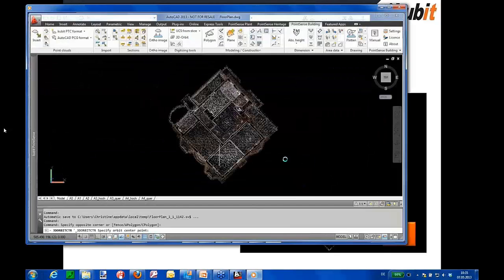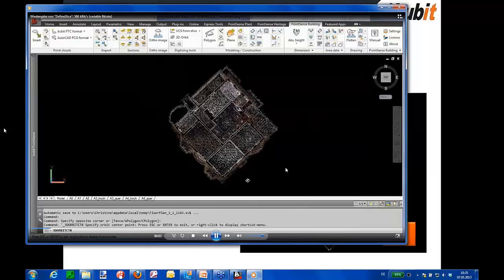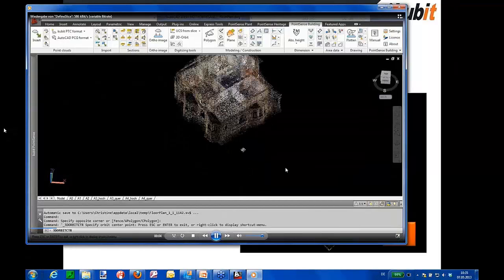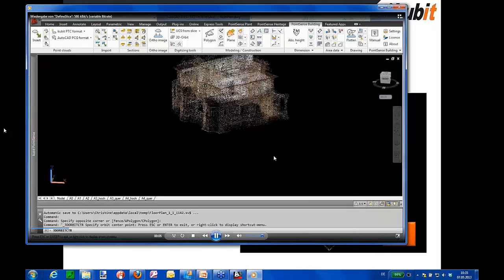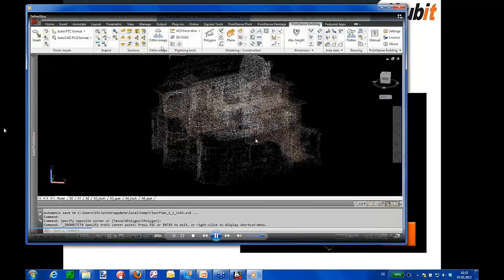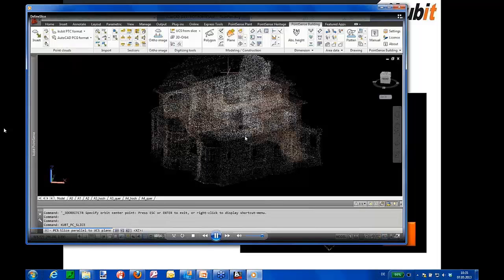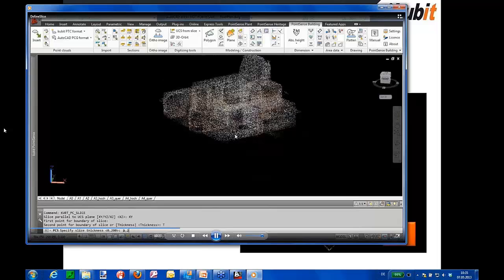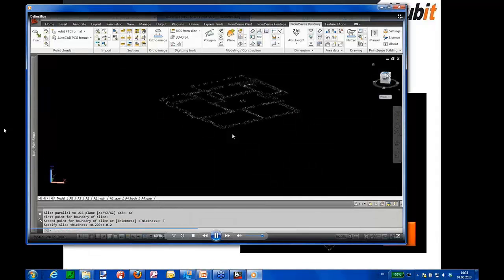You can see it in this short video. At first, the point cloud is turned around, then I start the define slice command, and I say XY because we want to have a horizontal slice, not a vertical, and I give a thickness which is 20 centimeters in that case, and now we can see the slice,